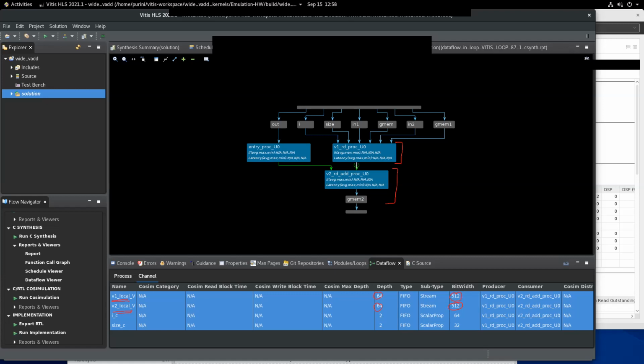That's how data is streamed between these two modules using these FIFOs, and that's how these two iterations run in parallel, in a dataflow fashion. As soon as data is available in the input FIFO of the second iteration, it goes ahead and executes.